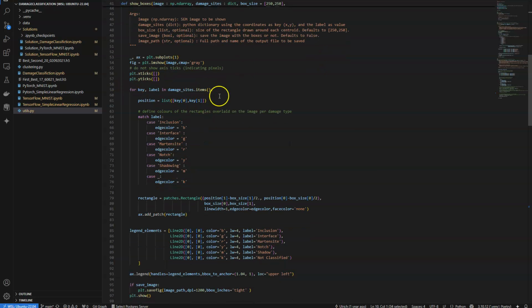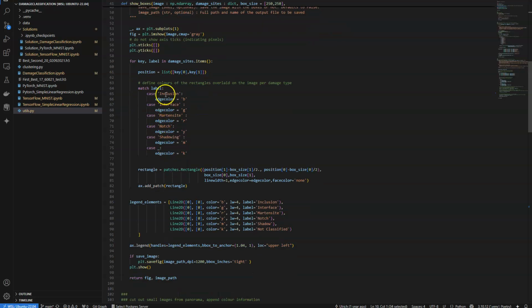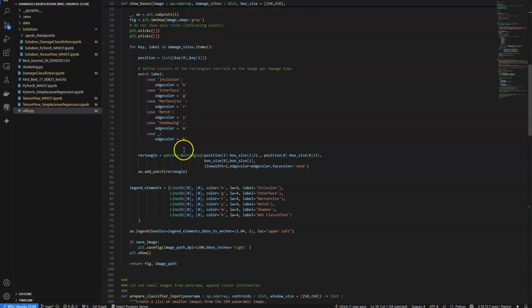And then we loop over these damage sites, take the position, and then change the color. So we start with a default color black,